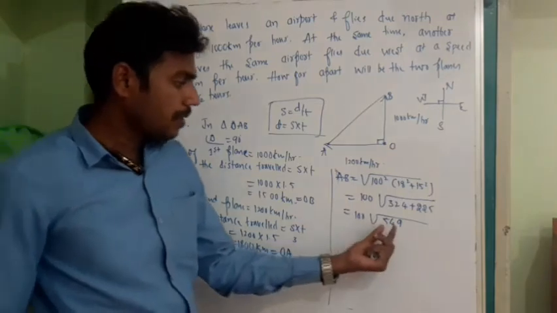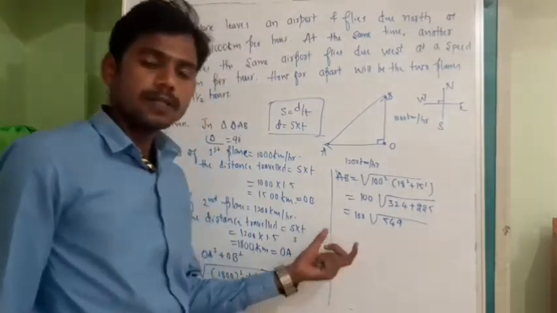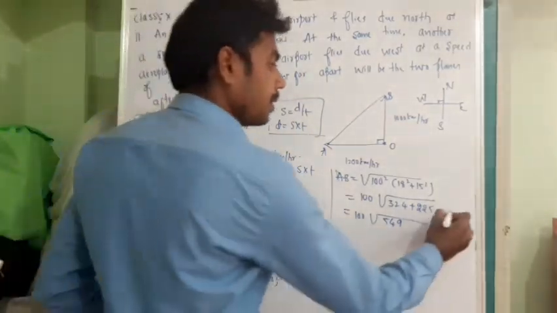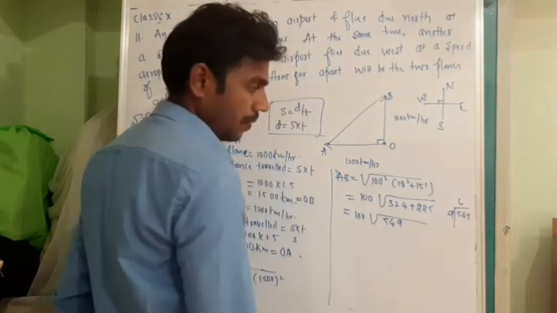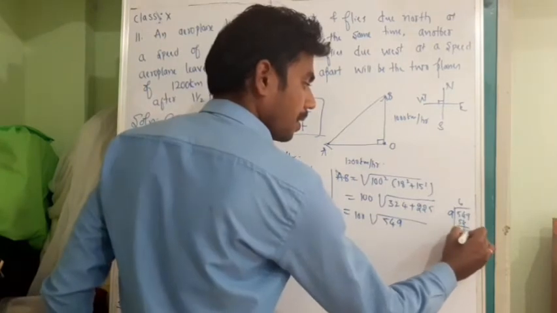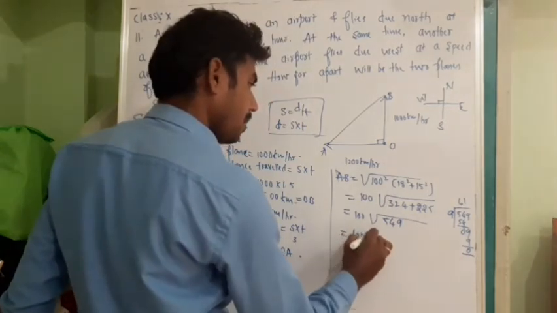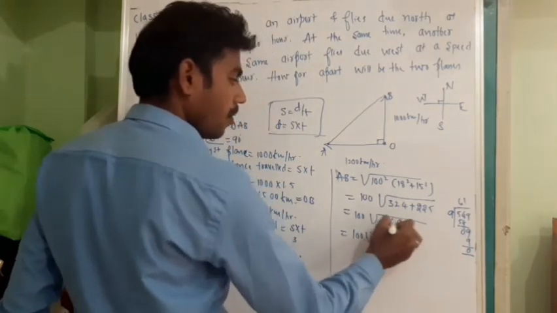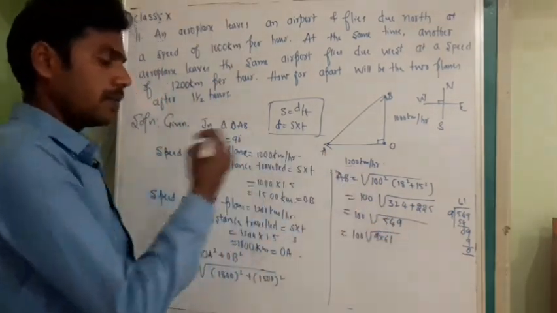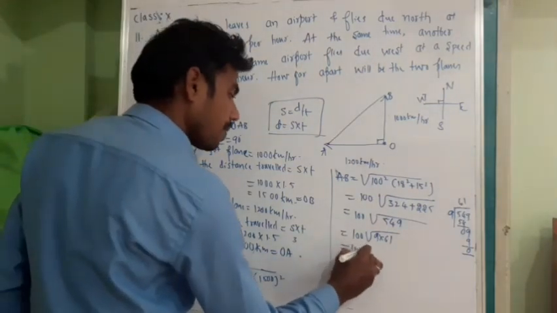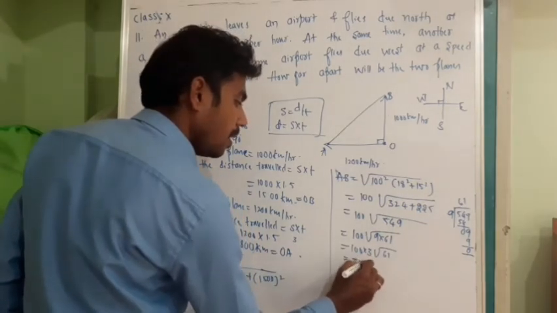So just check, 5 plus 4 is 9, 9 plus 9 is 18, a multiple of 9. Why am I doing this with a multiple of 9? Because 9 is a square, I can take it out. So 549 by 9, 9 sixes are 54, 9 ones are 9. So 549 is calculated as 9 into 61. If I take 9 out of the square root, it will become 3. 100 into 3 square root of 61. 100 threes are 300 root 61